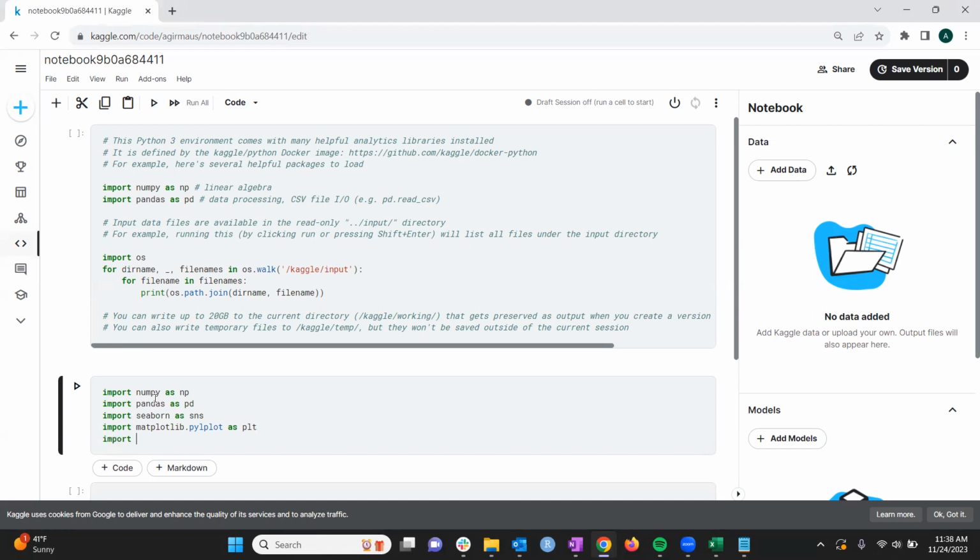For linear regression, we're going to import statsmodels.api as sm,